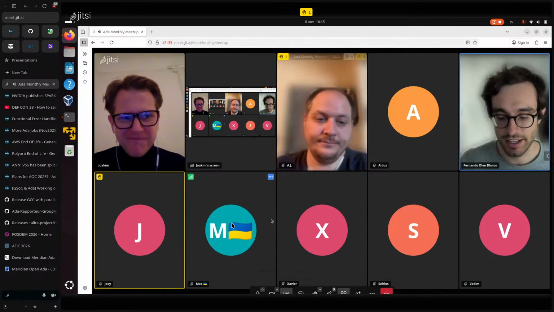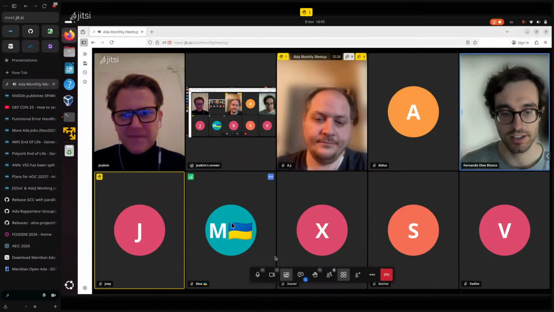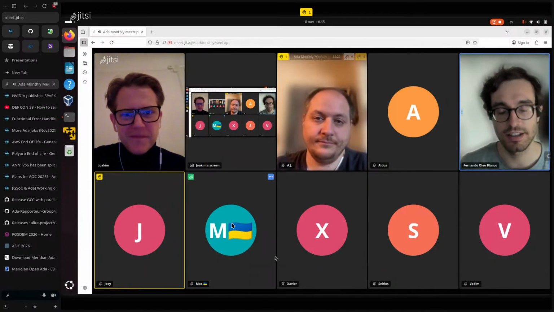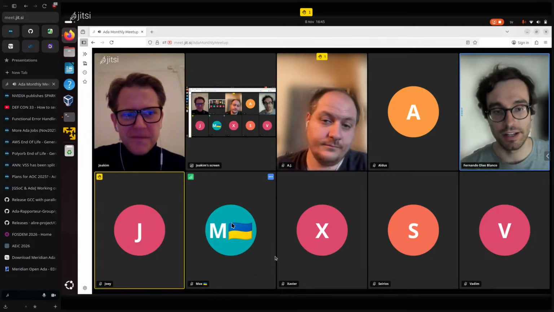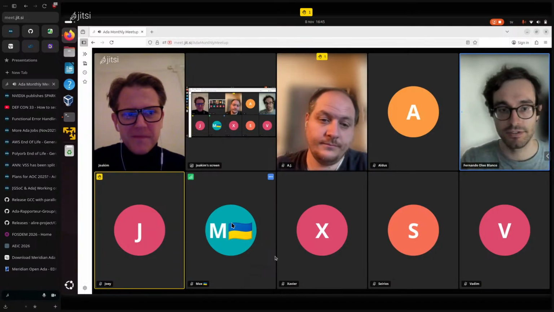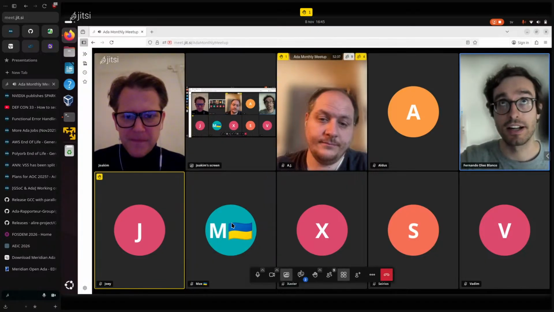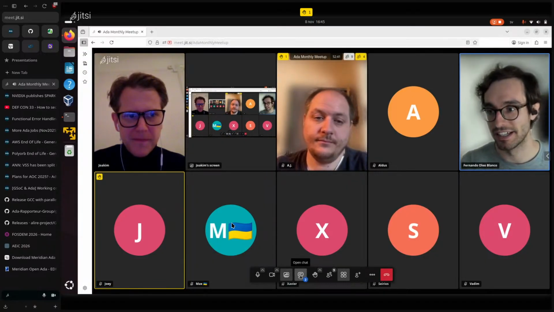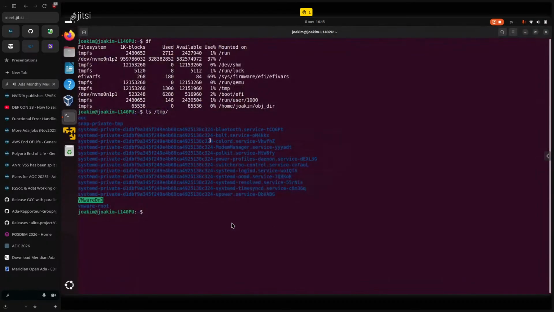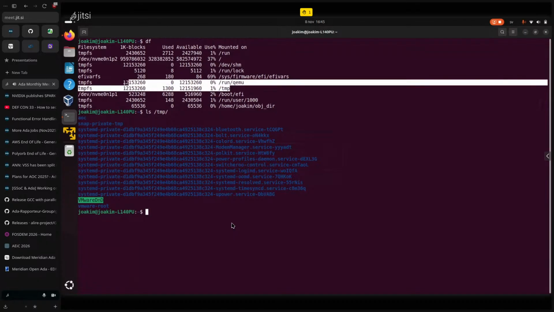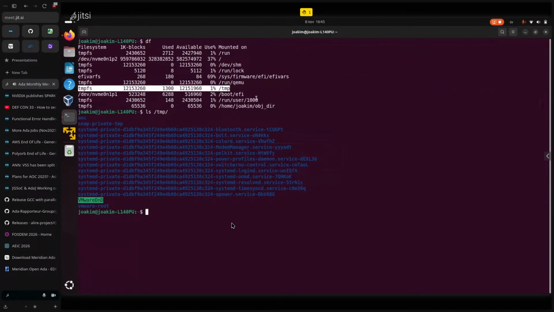If anybody wants to check if their TMP directory is in RAM, just run the same command as Joachim did, df, disk free, and if in the file system it says tmpfs, that's just RAM. It basically just means RAM. So yes, as Joachim said, if you mount any folder with the tmpfs file system, then it's just going to be in RAM.